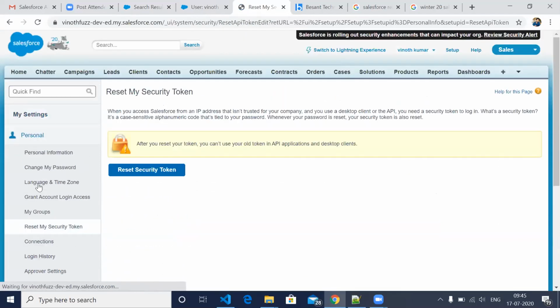Here we have something called reset security token. So what happens in Salesforce? Whenever you create a new user, if you want to connect with an external system, that is a big topic, so just have a small understanding; we can see it further later. Let's say you have an account in Facebook, and in Twitter and Instagram.